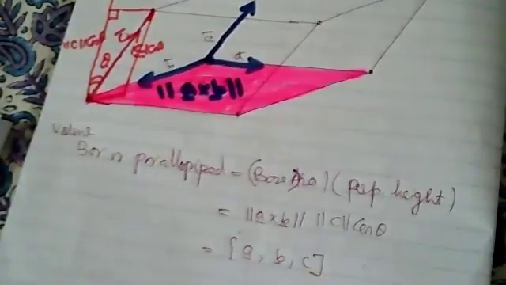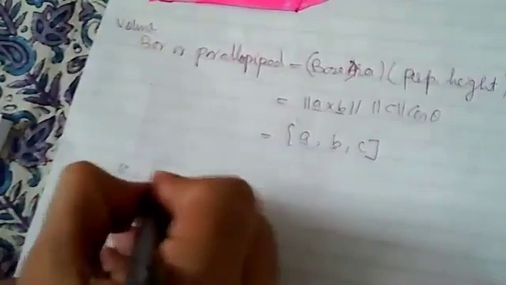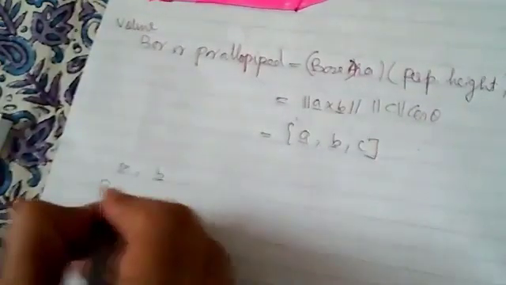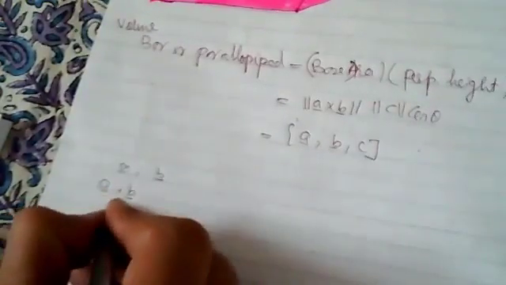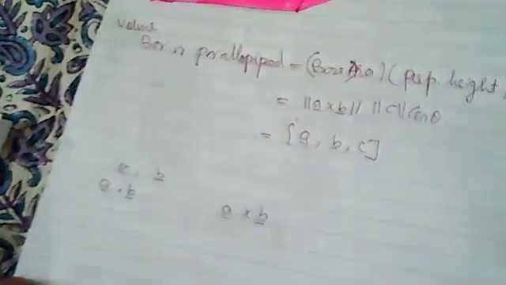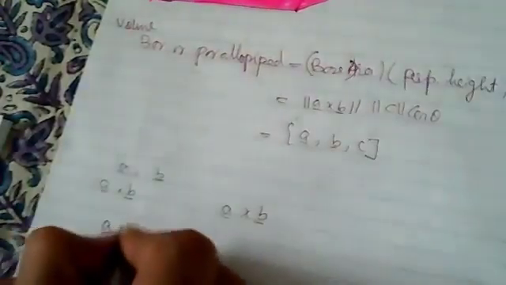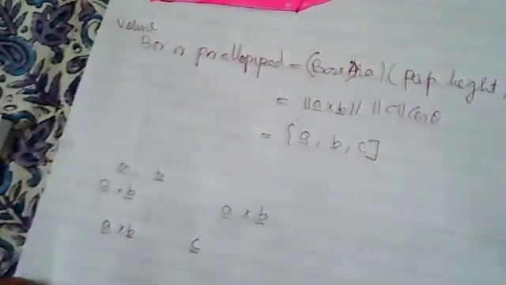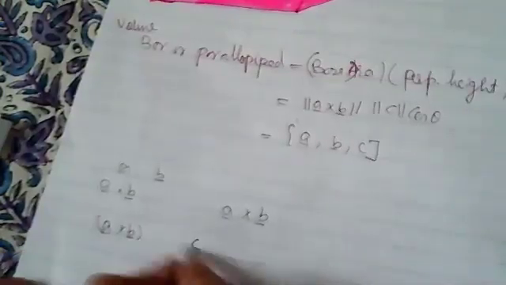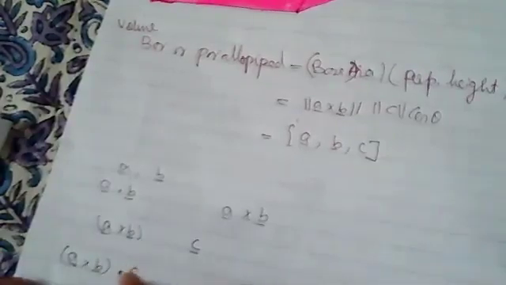Next, as we know, there is a rhythm. Whenever you have two vectors, you can scalarly multiply, that is called the scalar product or dot product. You can vectorially multiply, that is called the vector product. Or if you have three vectors, one is A cross B, one is C. So this is one vector, this is one. If you scalarly multiply these three vectors, that is called the scalar triple product.